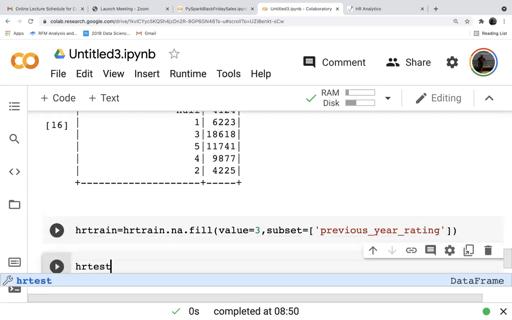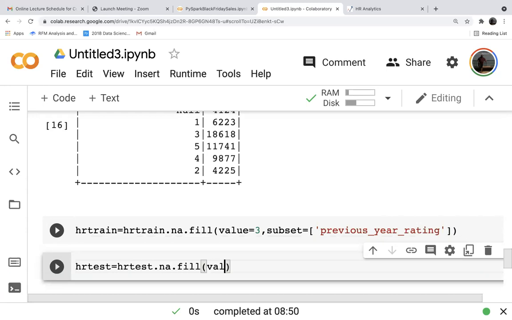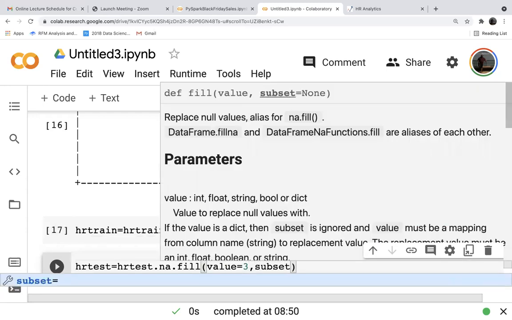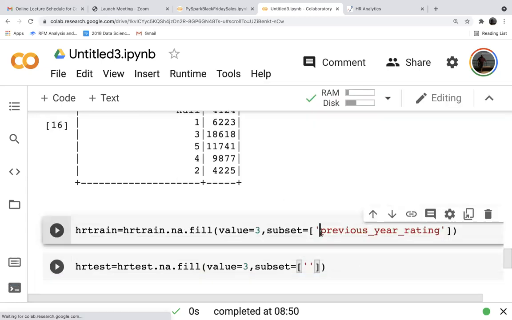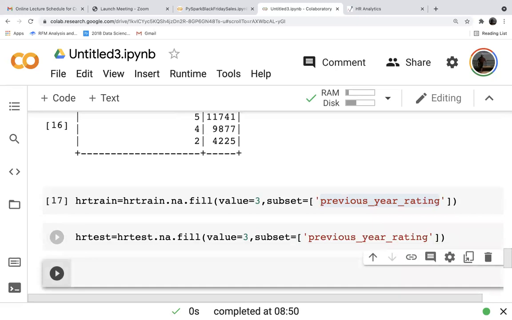Similarly, HR test is equal to HR test dot NA dot fill value is equal to 3, comma, subset is equal to square bracket single quote, and copy paste from here. Control C, Control V. So we have put the missing value.